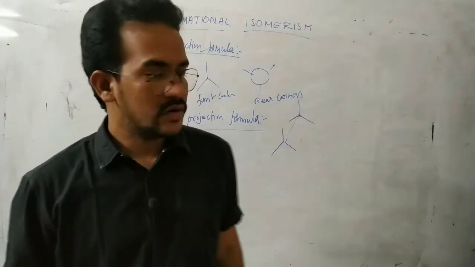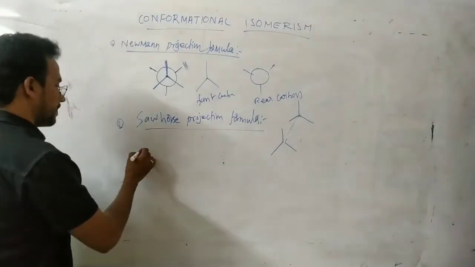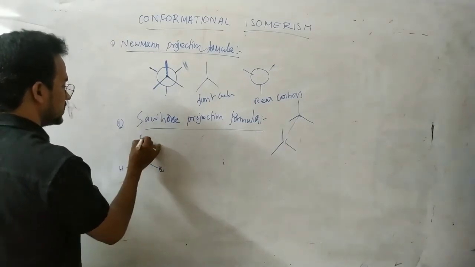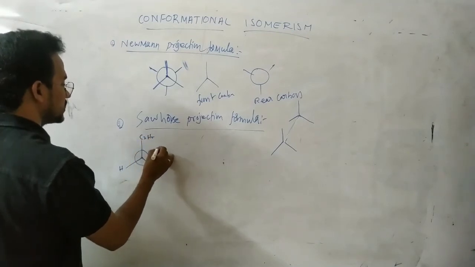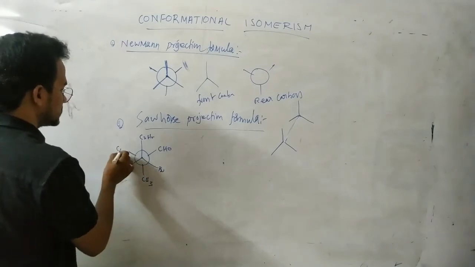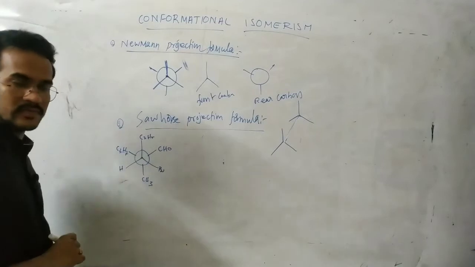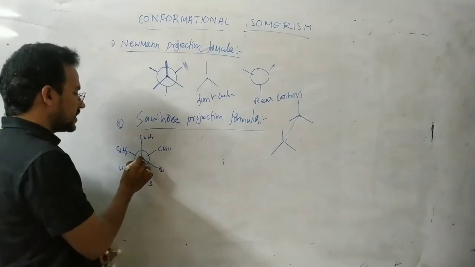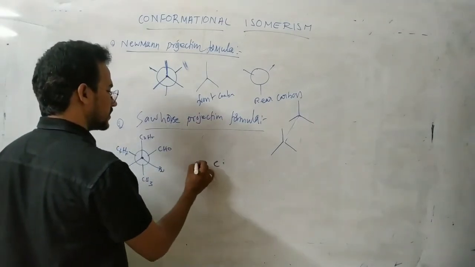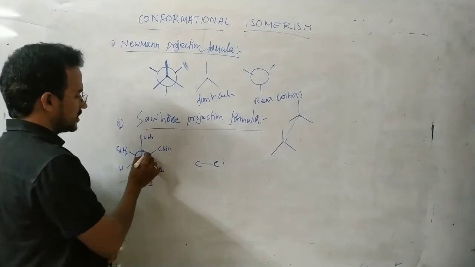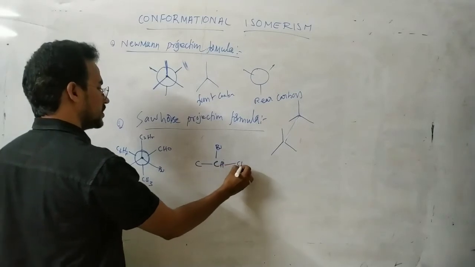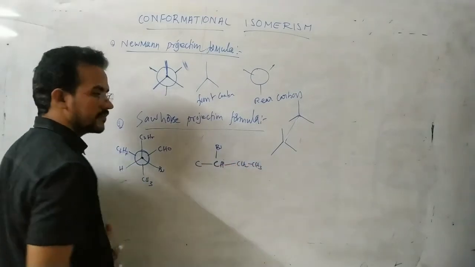Suppose here, write the molecular formula of this compound. You see, here hydrogen, this is a bromine, this is C2H5, here CHO, this is CH3, and this one C3H7, like this. Now you see this front carbon attached to the bromine, hydrogen and ethyl. So I am writing one carbon and another carbon, the circle carbon. This front carbon is attached to hydrogen, bromine, here CH2, CH2.